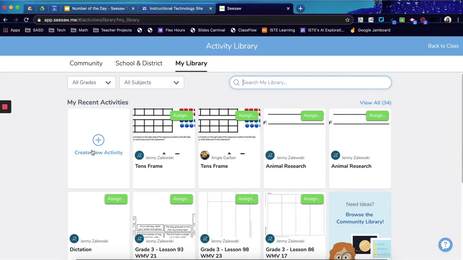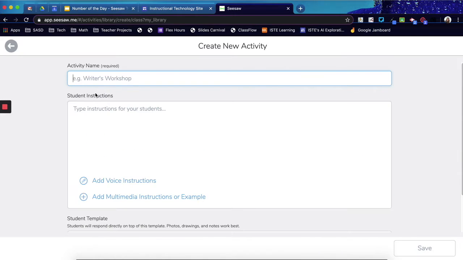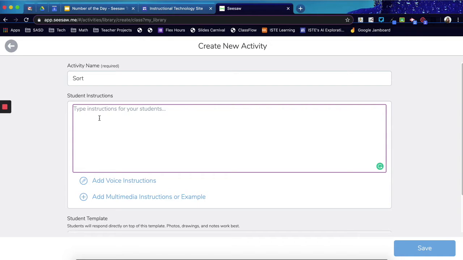Here you will see a button that says Create New Activity, and you will need to start typing in your directions and titles for your activity. When you're typing written directions, there are some shortcuts that would replace the words with the icons that directly match the student's view in Seesaw. For instance, if I want them to use the pen icon, I can type in :pen: